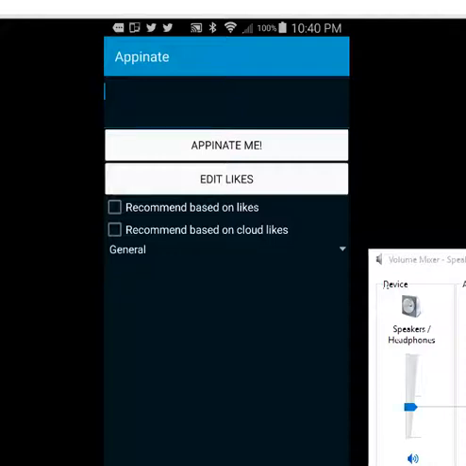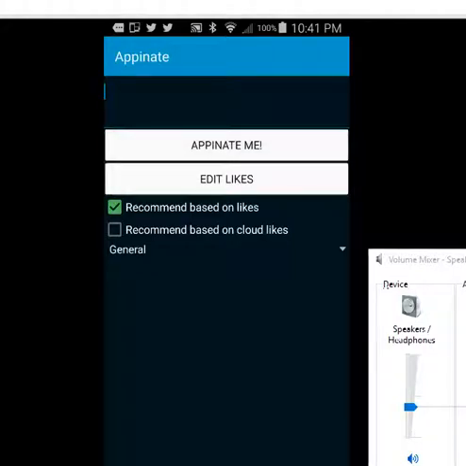the search. So if I was to click on likes right now, with an empty search, it's not truly an empty search. Instead, it's going to recommend things based on my likes list that I might like, since I also like those games. So this is where the recommender starts. So if we say recommend based on likes, and then we hit Appinate,